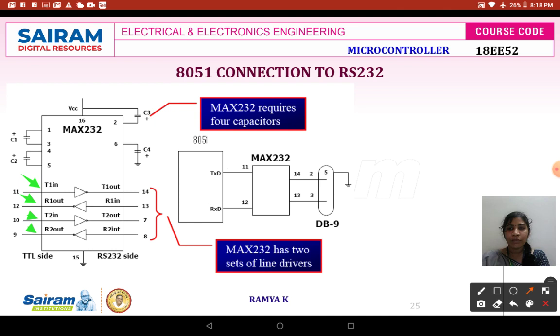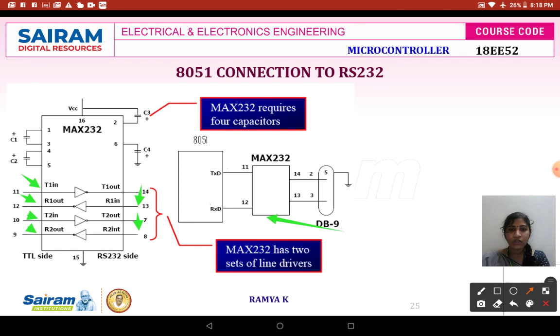The 14th pin and 15th pin are one pair, and the 7th pin and 8th pin are another pair for transmitting or receiving the data from your DB9 connected to your 8051. So your DB9, that is RS-232, is connected to the MAX 232 chip.